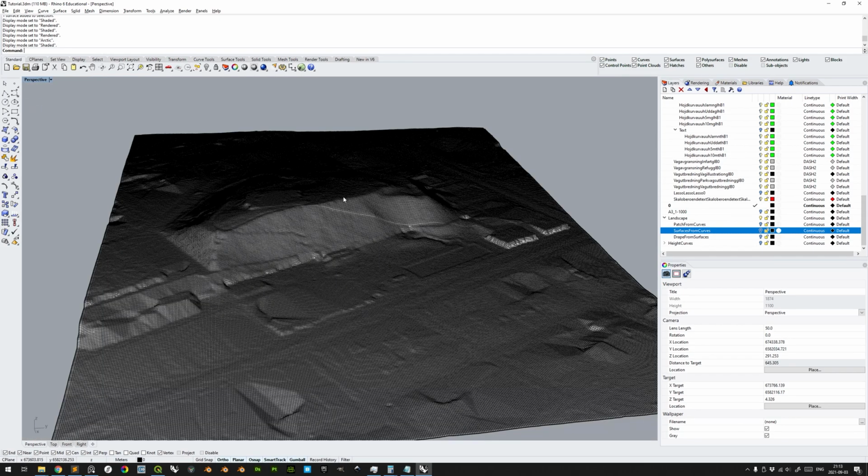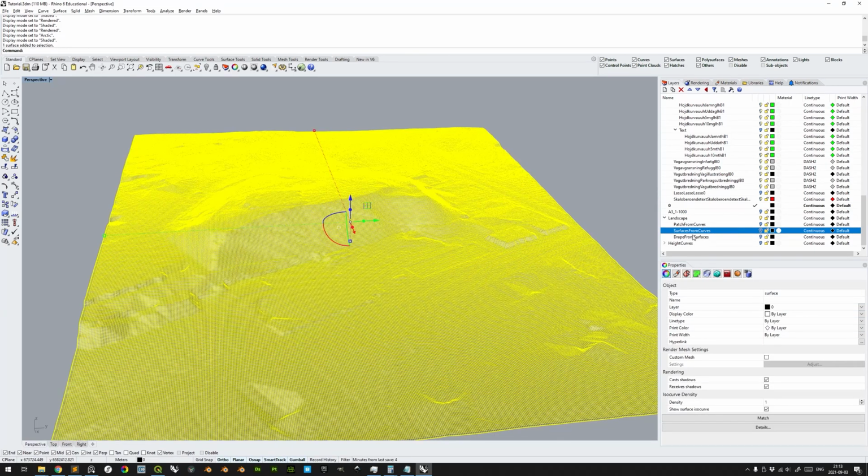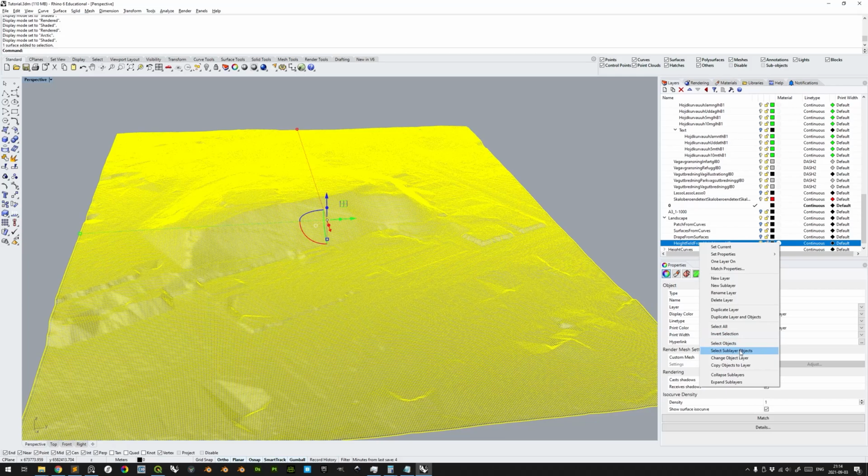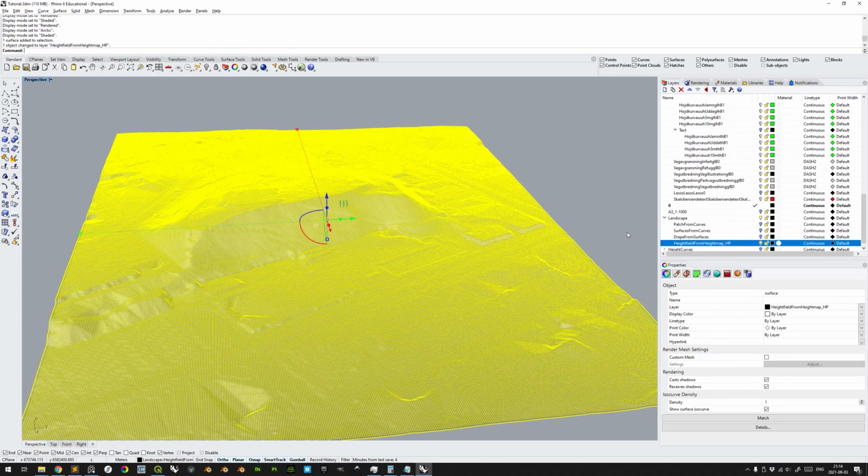Thus, we can change back to shaded, select object, create a new landscape sublayer called Heightfield from heightmap underscore high poly, since this has a lot of surface information, an excessive amount. We right click on it and change object layer, which will change all selected objects to this layer, and then